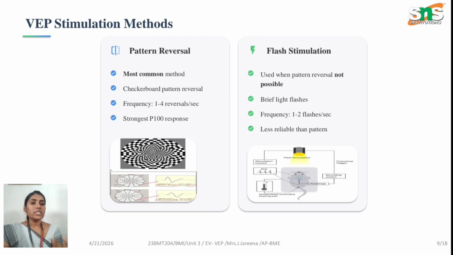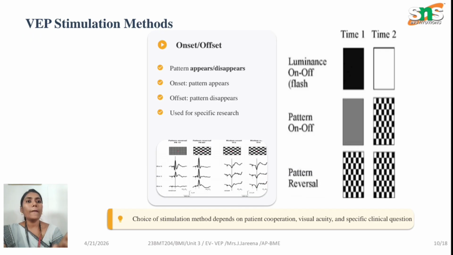So we have different stimulation methods because, as we already know, visually evoked potential is a recording of electric potential in response to visual stimulation, right? Any sort of visual stimulation. Here we are giving the stimulation in three different ways. One is pattern reversal, second is flash stimulation, and third is pattern on and off